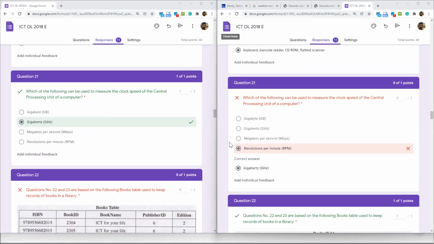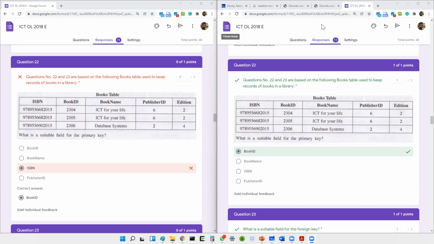Question number 21. Which of the following can be used to measure the clock speed? Usually clock speed or computer speed is measured using hertz, and now what we have is gigahertz. So the answer